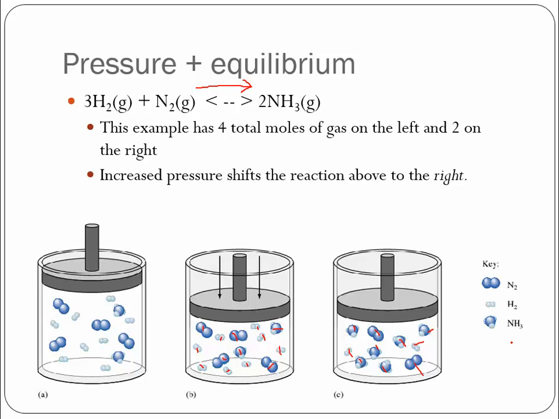Now, it might not be able to completely counteract it, or there's a million combinations of things that can go on, but it's going to try to counteract that pressure change that I made. And the opposite is true if I took this piston and I expanded it. I pulled it up. Now the pressure is too low, so the system would shift to the side with more moles of gas,